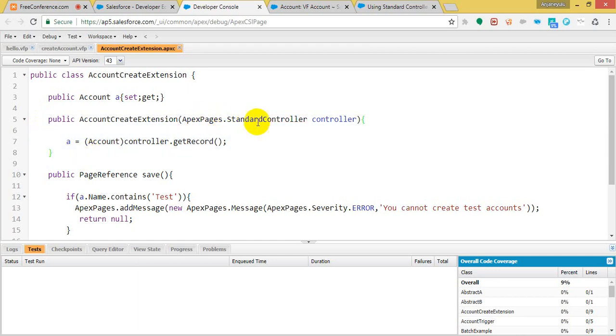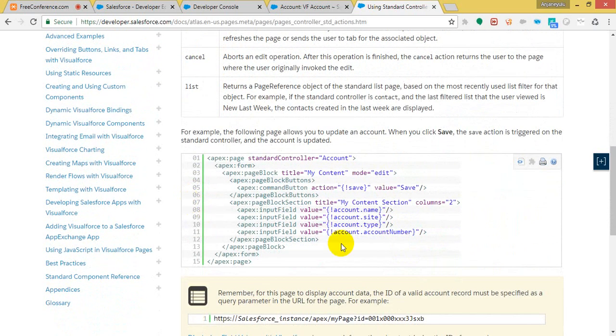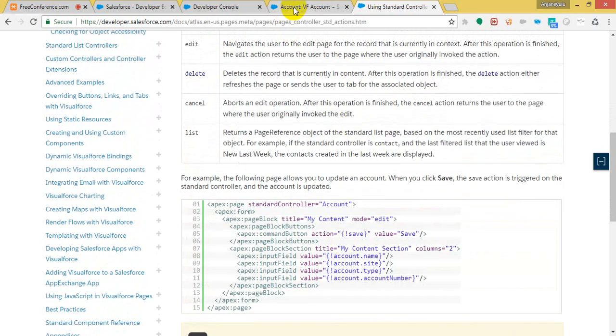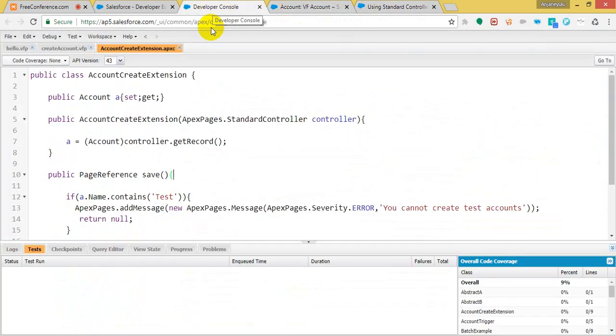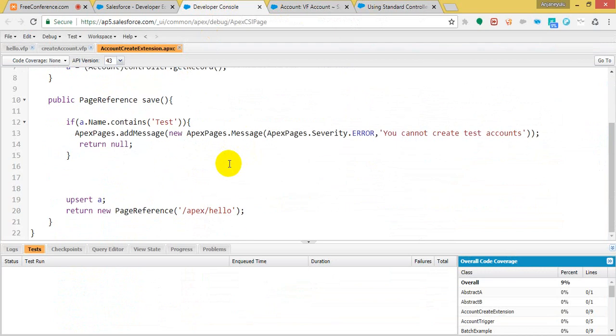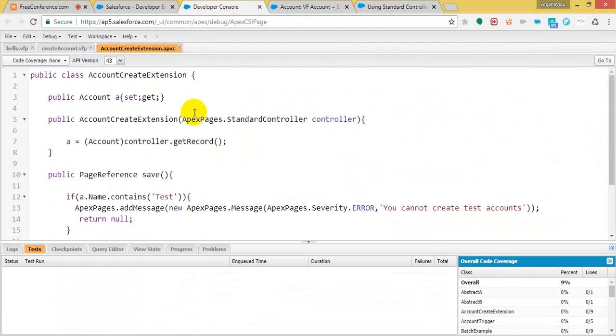We can identify that we have to use the Apex standard controller, then we have to create it like this. This is how we have to do this. Then we can use any methods, whatever there are on the standard controller, you can use all the methods inside this Apex class extension controller. Now let's see